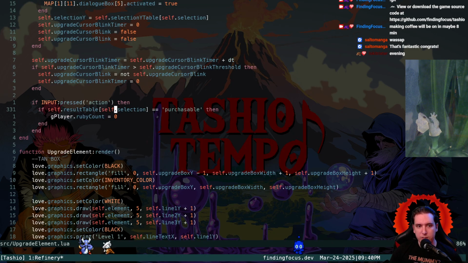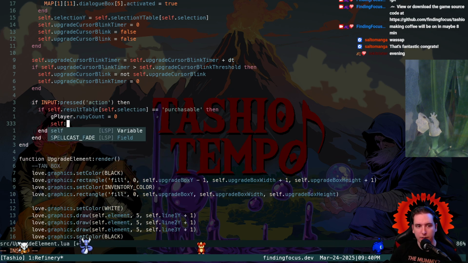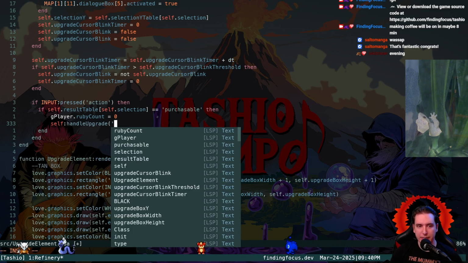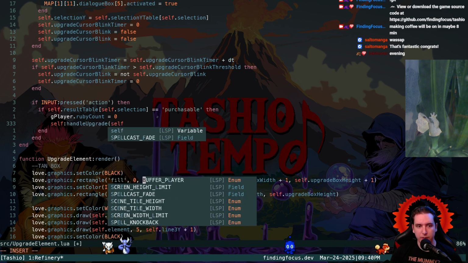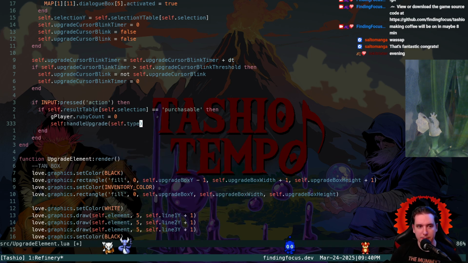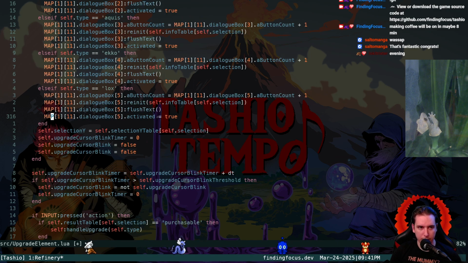So now we just need to, if we abstract this out into a handleUpgrade, and the upgrade takes in a type of element, we would pass in the type of element here, self.type. We'd pass in the upgrade for the current type of this element. Then we just need to handle this upgrade. So we can define this handleUpgrade method as,